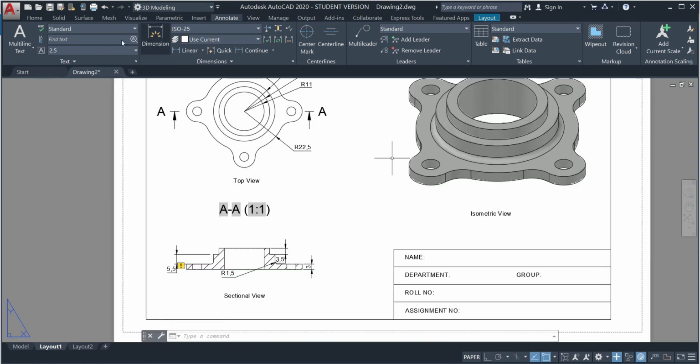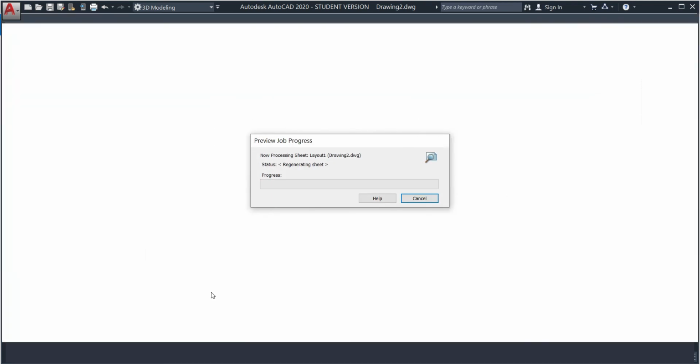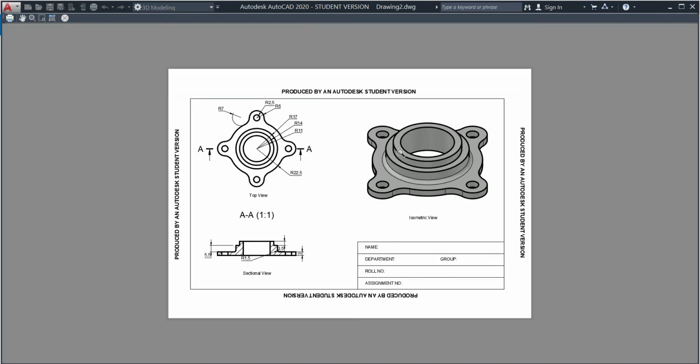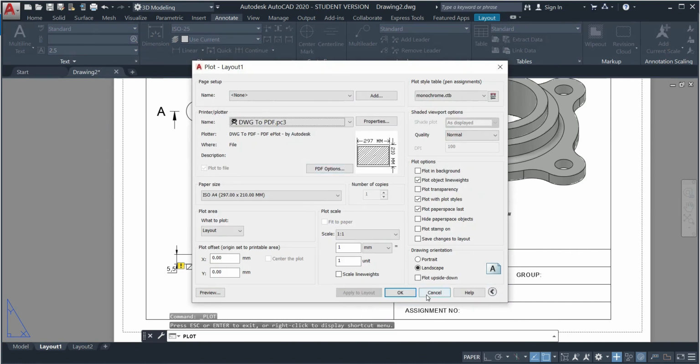The next is we will go to the plot option, and everything is set because we have previously set it. So we can see the preview of the same. If you are satisfied with the preview, then you can go for the printing, or you can also create the PDF. So I will create the PDF for the time being. So I'll click on OK here,